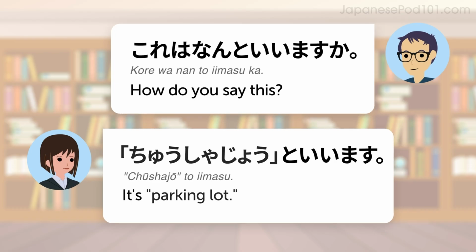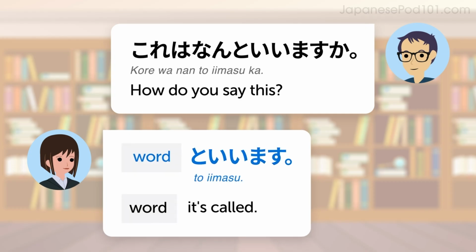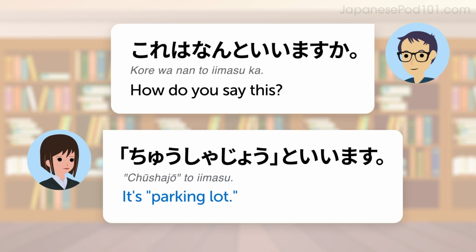The pattern is word. と言います。 This Japanese sentence translates as word, it's called, but it means it's word. For example, it's parking lot. 駐車場と言います。